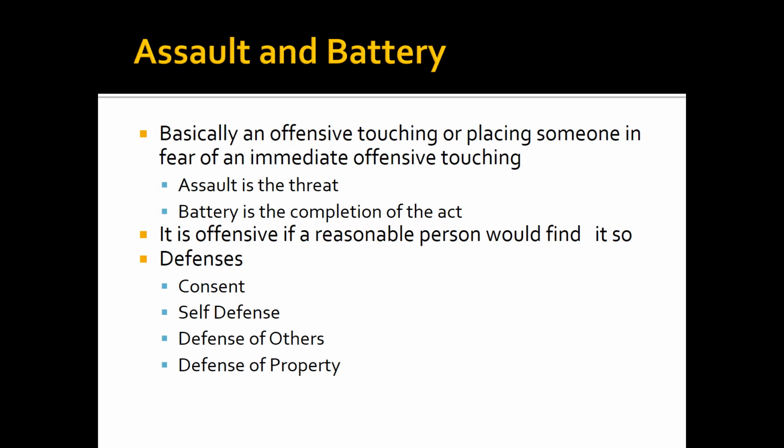And we tend to think about things like striking someone with a fist or hitting them with a board or stabbing him or shooting him, and those are all going to be assaults and batteries. But it can be something offensive, like if I came up behind you and licked your neck. That would be a battery. I didn't punch you, but you have a right not to be touched in that way if you don't want to be. So there are certain defenses.